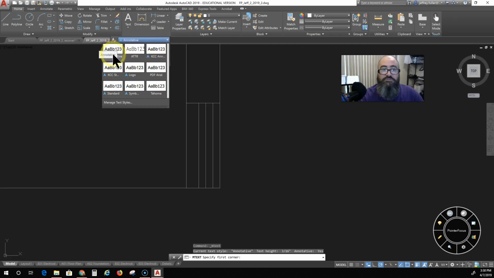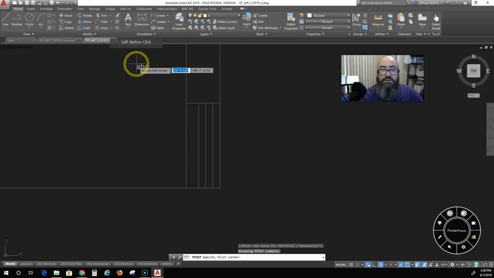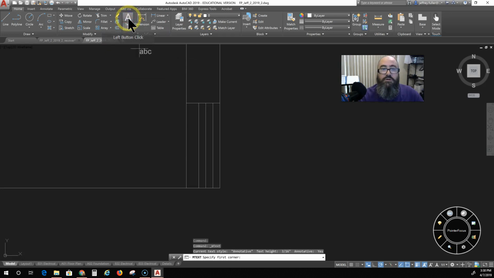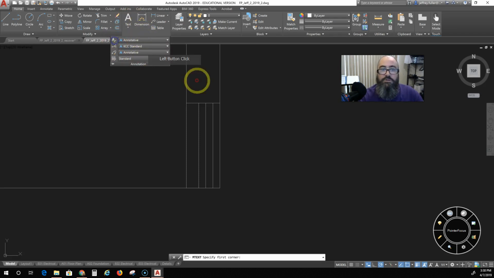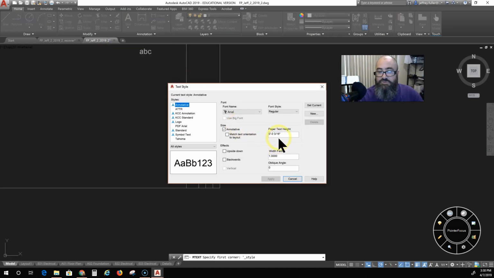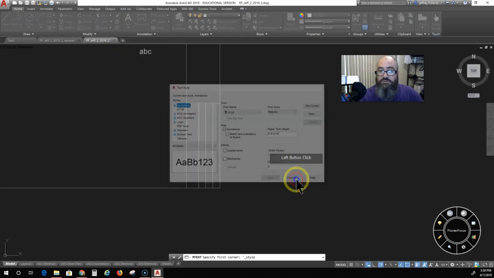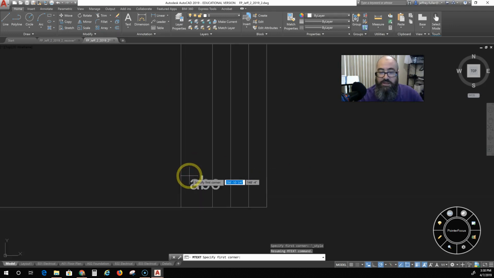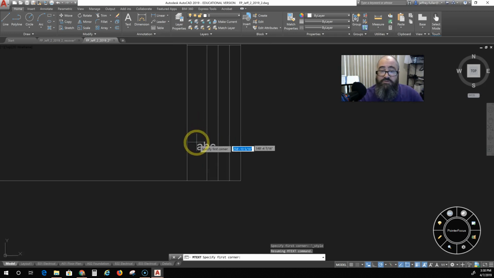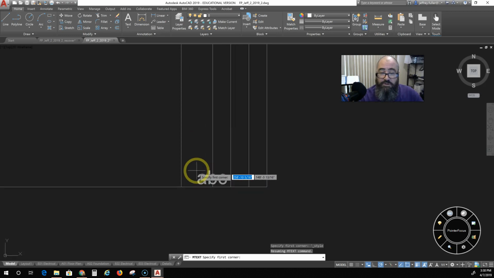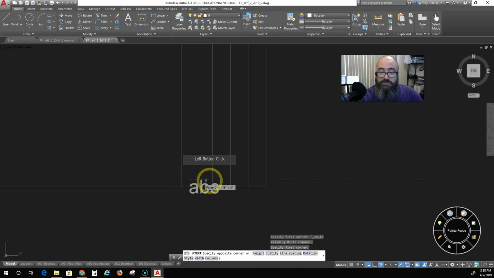This is my annotative, and if I go and look, for that first line, it is 3/16. Okay, that's what it's set at, 3/16. The other lines, we can probably make the same size. But the main reason this line is bigger is because the text really is going to be bigger. So we'll make this one 3/16. Yeah, I know I confuse people, but